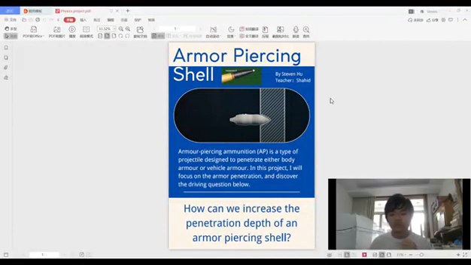Hi, I'm Steven, and today I'm going to introduce my physics project. So, this is the poster that I made to introduce my project, and the title is